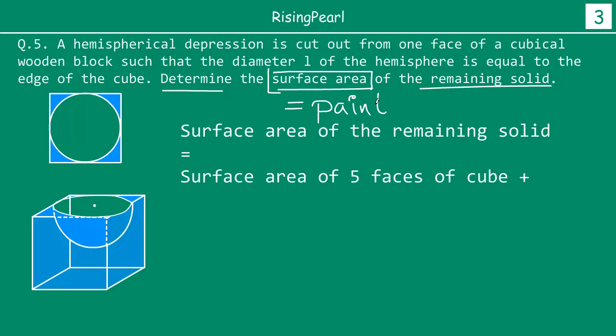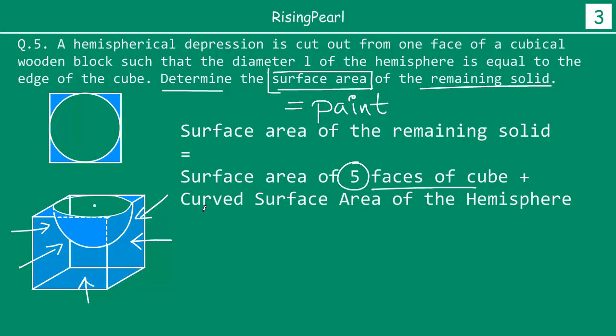So if you were to paint this in a certain color, maybe red, maybe blue, maybe green, what is the area on which I have to apply the paint? If you think that way, sometimes it helps you visualize. So obviously I have to paint the front of the cube, the back, the left side, the right side, and the bottom of the cube. So the surface area of the 5 faces: front, back, left, right, and bottom, plus I have to actually paint the curved